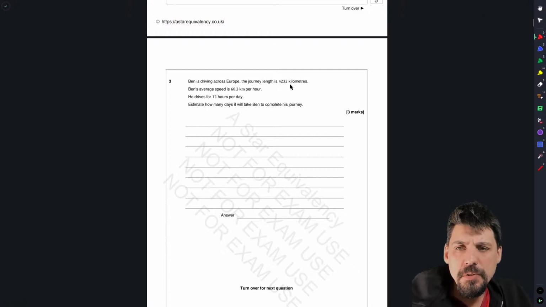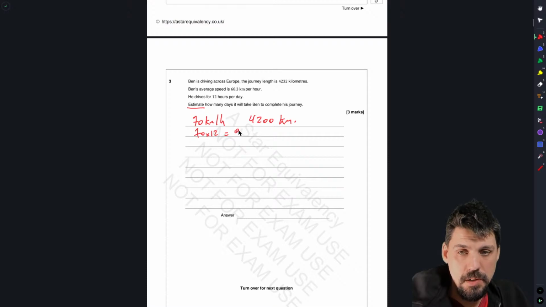So 4,232 kilometers at 70 kilometers per hour. He drives for 12 hours per day. So I think looking at that, we're going to do 70 kilometers per hour because it says estimate. We're doing 4,200 kilometers. So driving 12 hours per day, we're going to do 70 times 12,